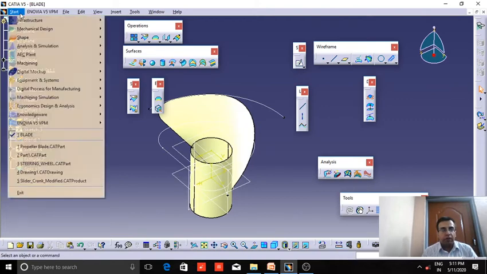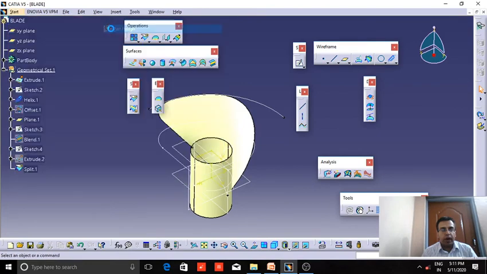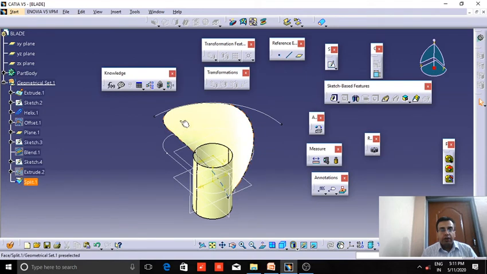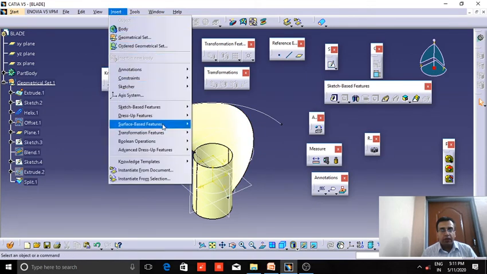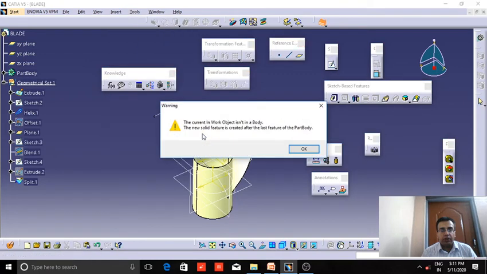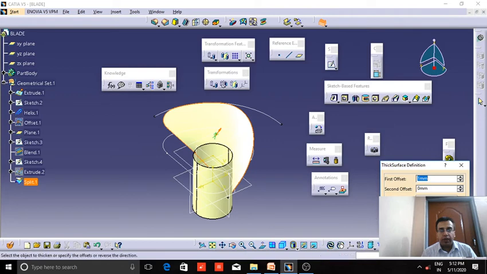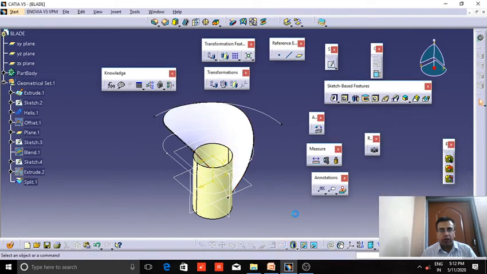So after this, we will go to part design. And here, to convert this blade into a solid, we will give it a thickness by using the thick surface option. I will select this blade surface. We will keep the value as 1 mm and OK.